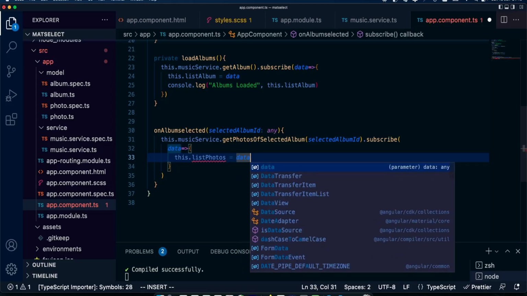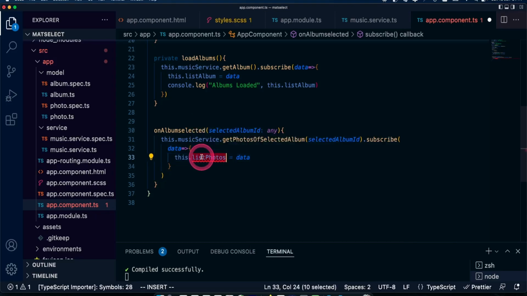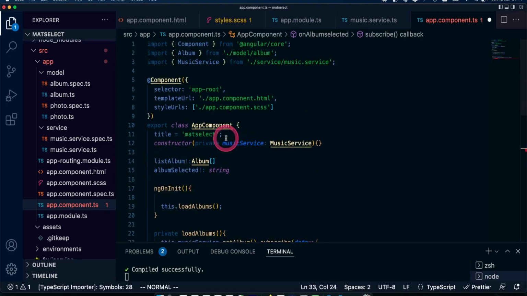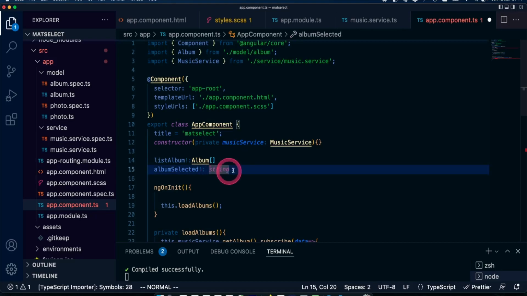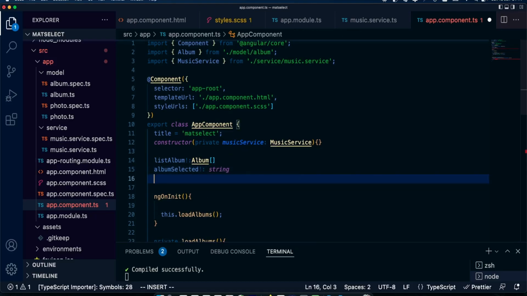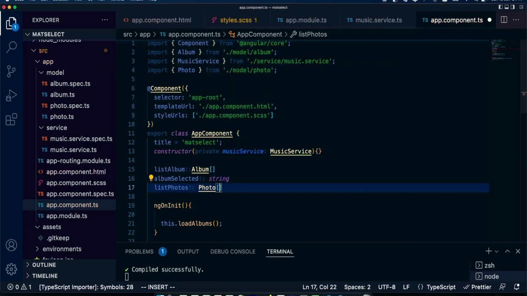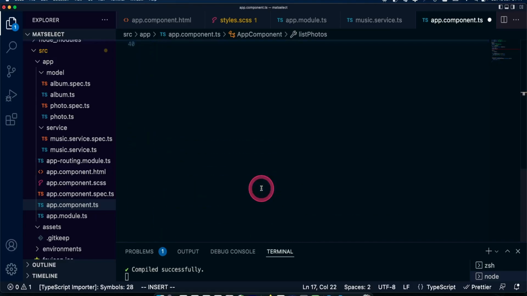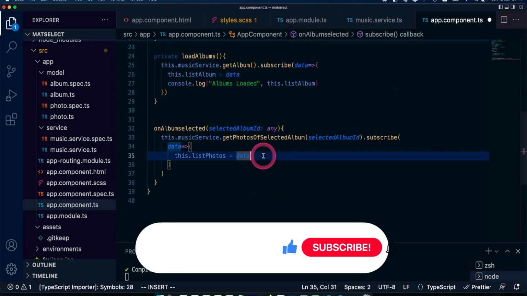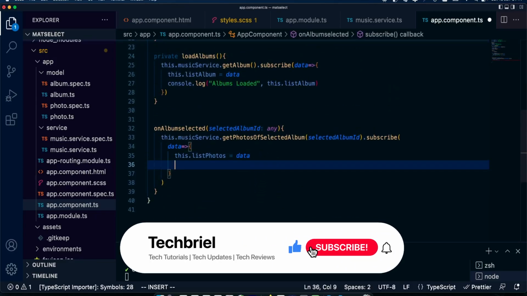And then I'm going to go create this over here. And this is going to be photo. Now let's console log this.